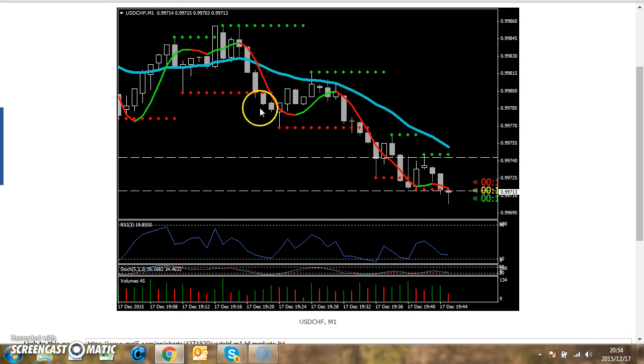So we first qualify the trend, and after we qualify the trend, we're looking for a low 2. Low 1 means, because it is bull bars going up, I'm looking for bear bars which went lower than the bull bar. You see, this bear bar didn't go lower than this bar, so it doesn't qualify. Then there's a bull bar, another bull bar, and a bear bar. This bear bar went lower than that bull bar, so we have a low 1.